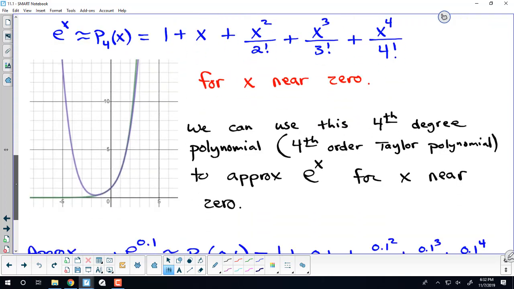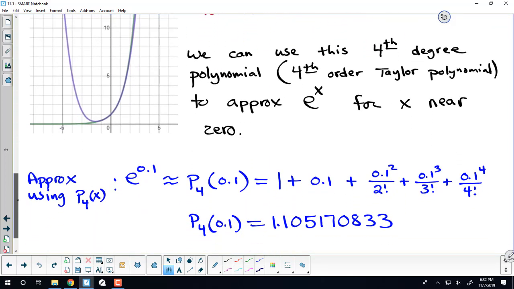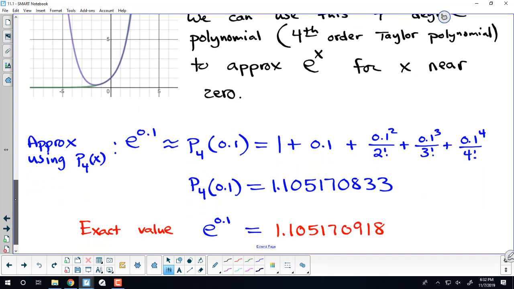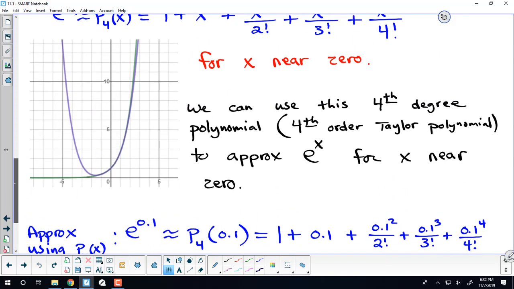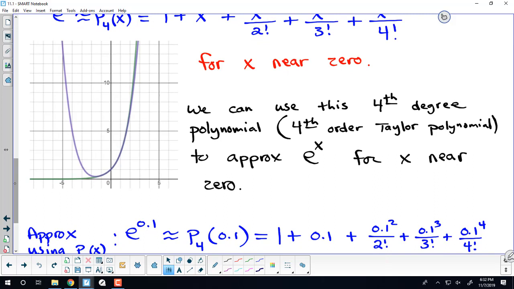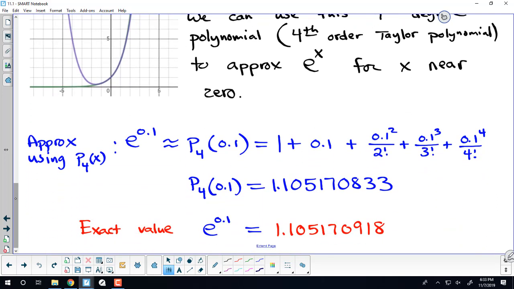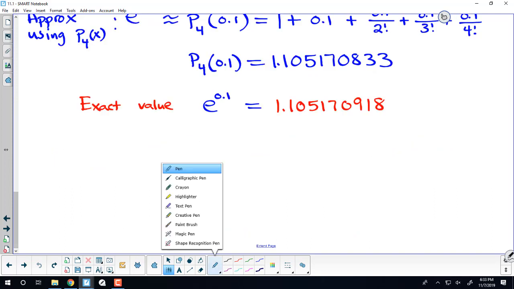And I mentioned that we could use this to approximate e to the x for values near x. Unless we look at a graph, it's not really clear what we mean by near. And it also depends on what level of accuracy you need as well. So we did use that approximation to approximate e to the 0.1 and saw that it was very accurate to the actual value here at the bottom. Does anyone have any questions on what we're doing there? Okay, so yes, the other question we have here is,